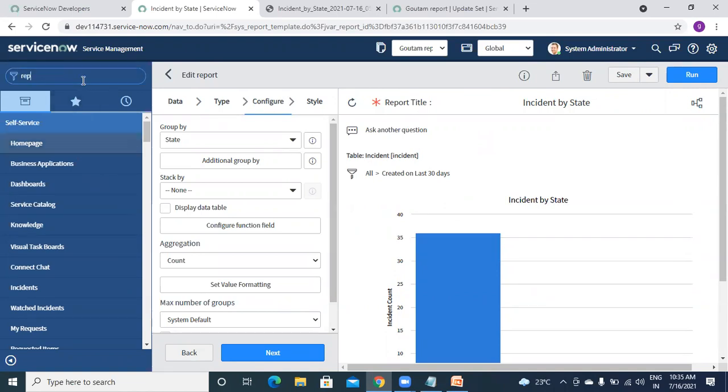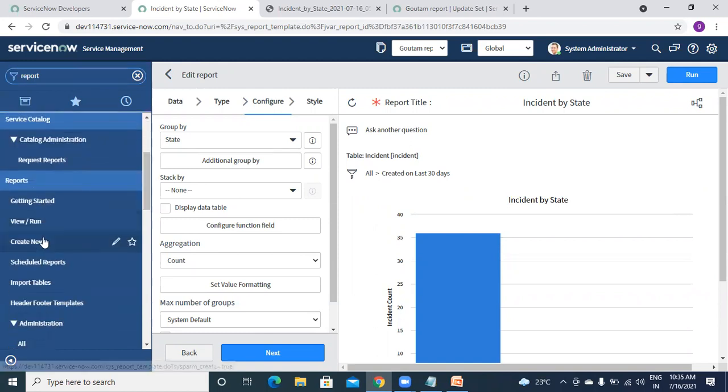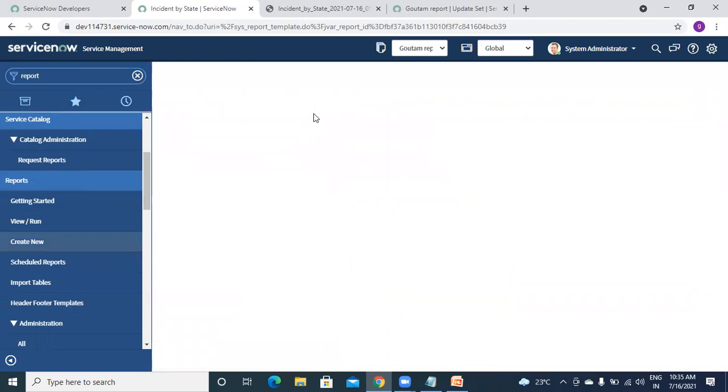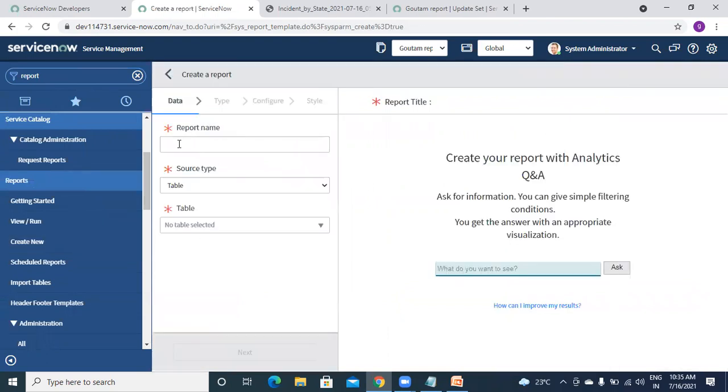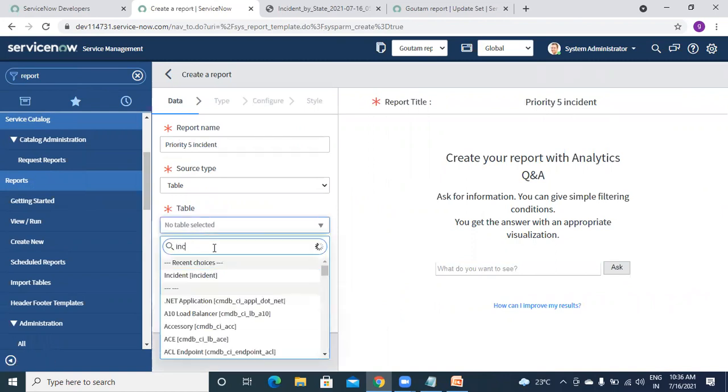There are many reports, but I want to show you one particular thing which some clients ask us. I want to show incidents from the incident table which are only of priority 5.